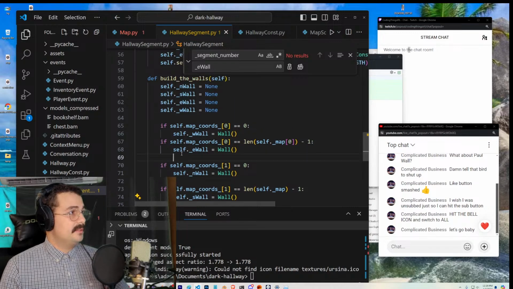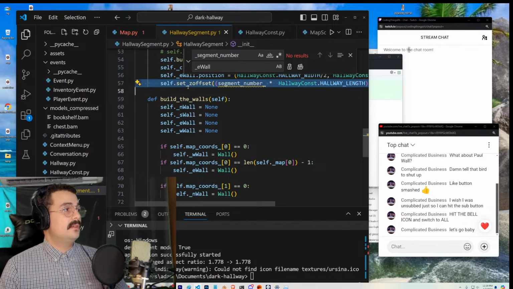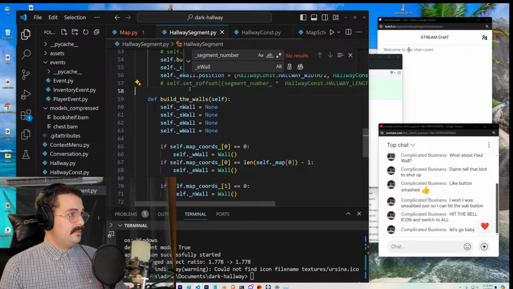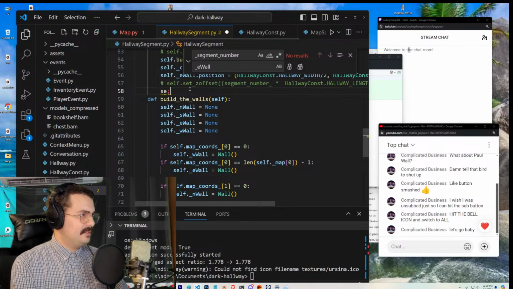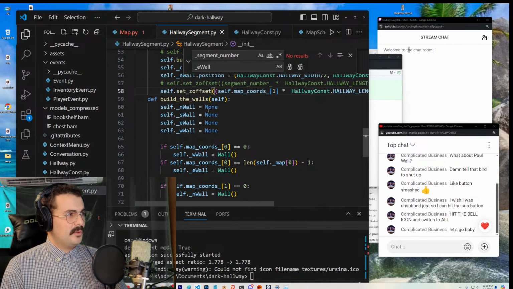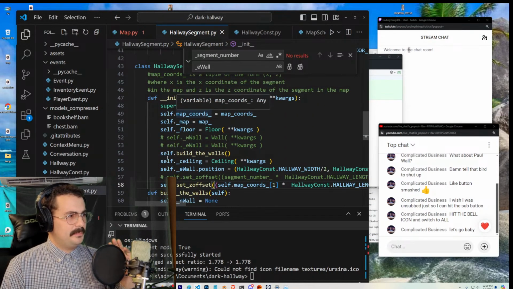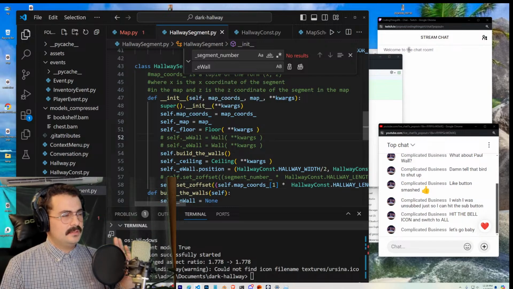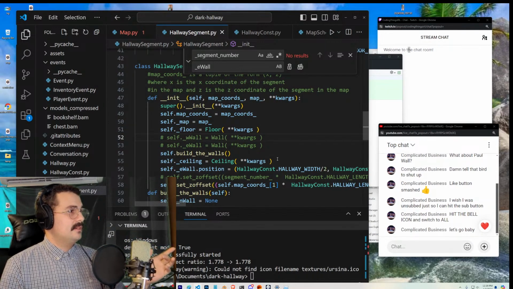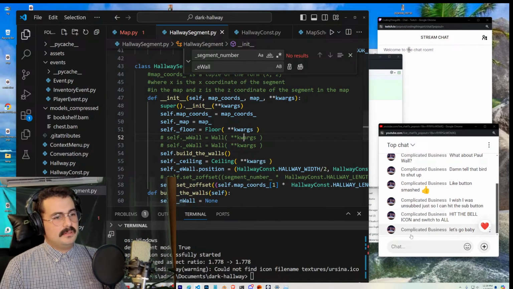So that's one way to do it. And then the only other thing we'll need is another set offset function, which is now going to depend on the player's position. It already does in a way. So we'll figure out how we can